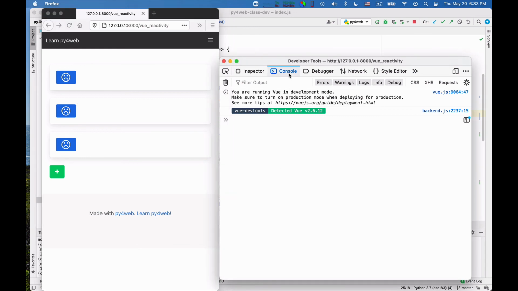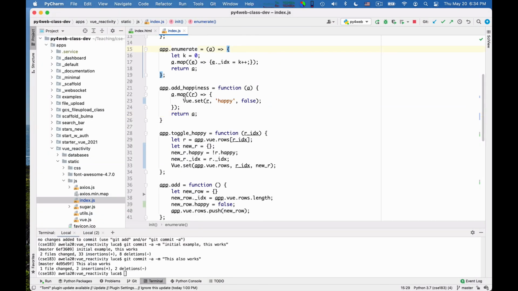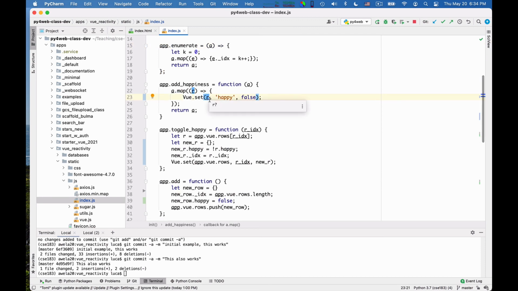So remember, essentially you can always check reactivity by looking in the console for the getters and setters. You can use Vue set to explicitly cause elements to be reactive, of course, given that r is already among the things that are observed by Vue. Otherwise, assignments to new attributes and assignments to array elements are not necessarily reactive. Thank you.